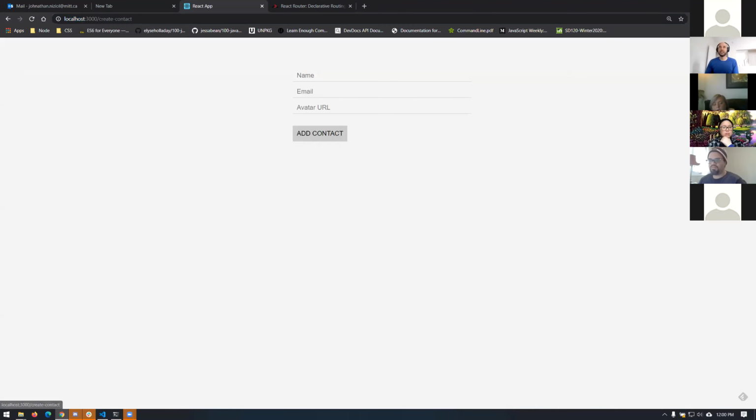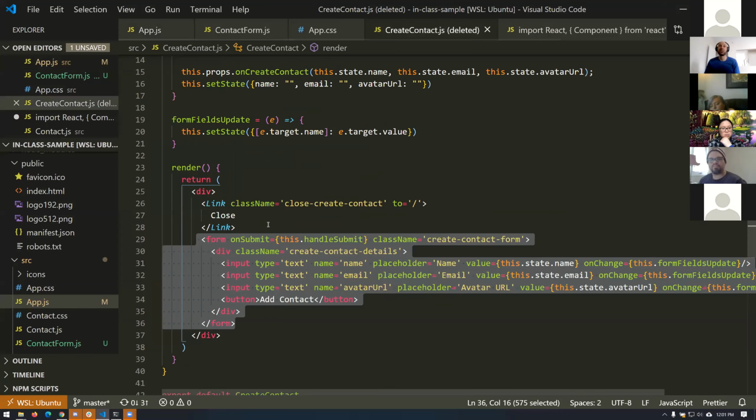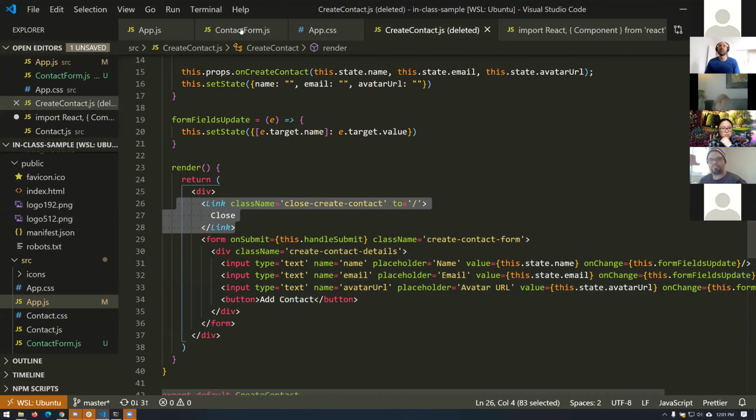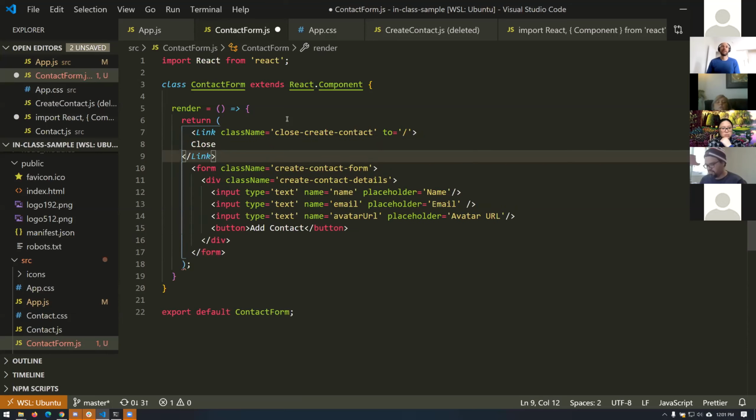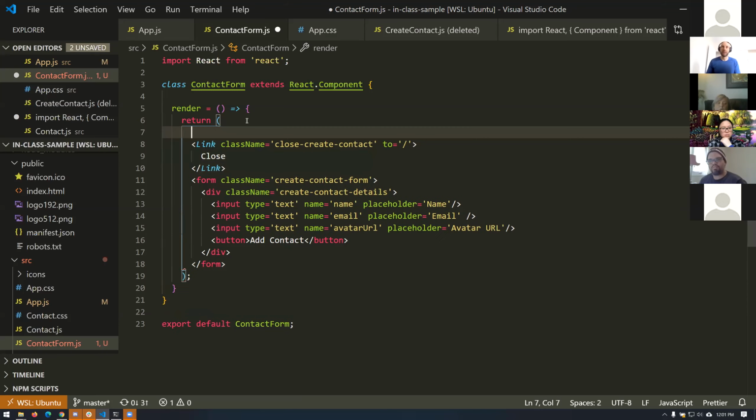So we have this. What we should do is we should probably add a back button to this add contact page as well, so we can go back, okay? I think I have that too, I do. I have a link over here that's going to add to the contact form. Okay, so we'll just add this link to the contact form called close, and we'll wrap that in a div